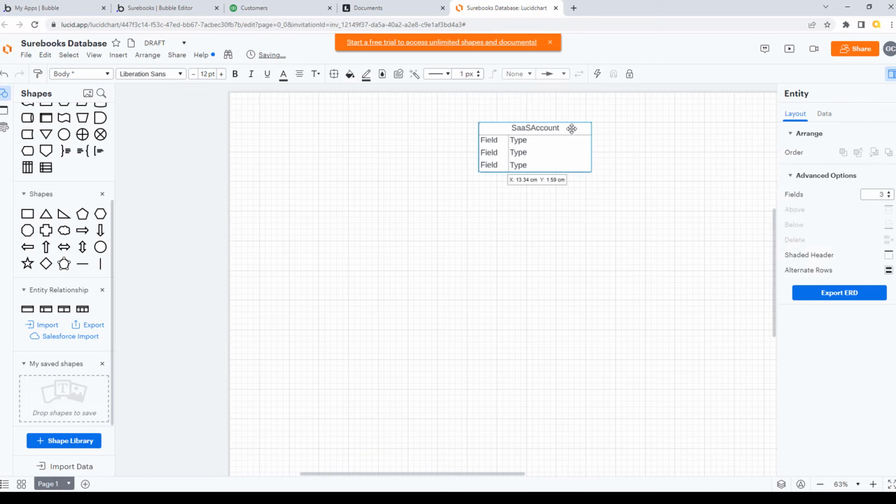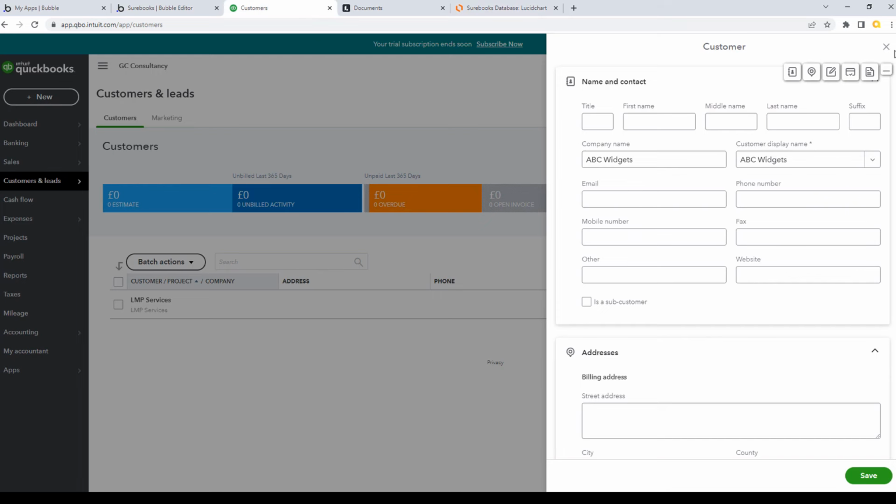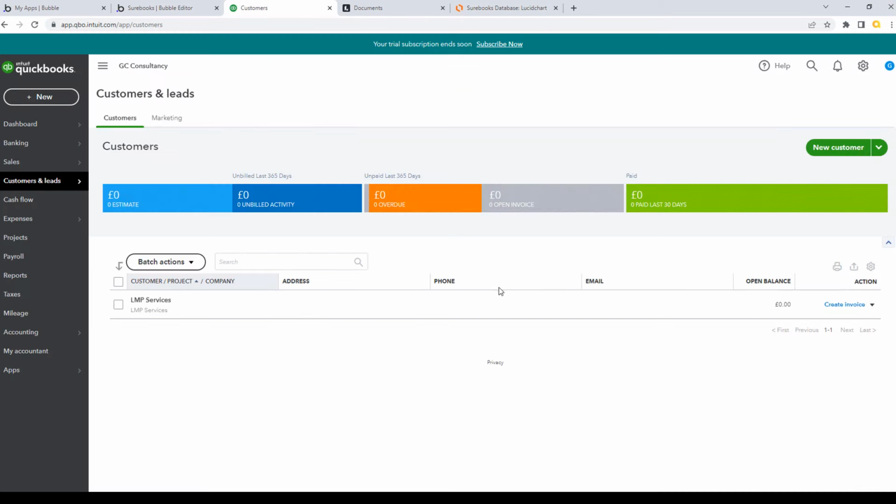And the way that I often work this is that they can then have multiple companies within their SaaS account. So in QuickBooks it works slightly differently, and I know it does, because in QuickBooks what happens is you have a